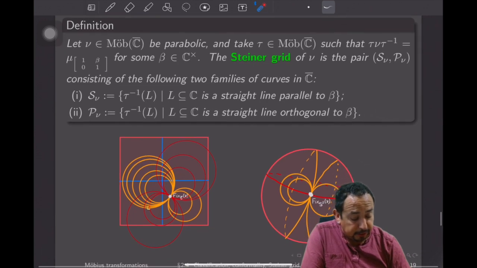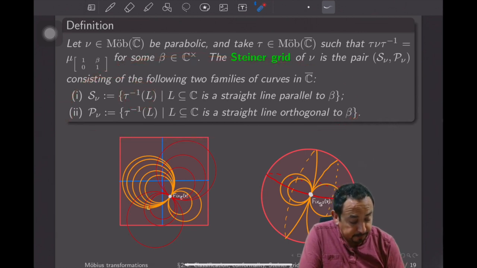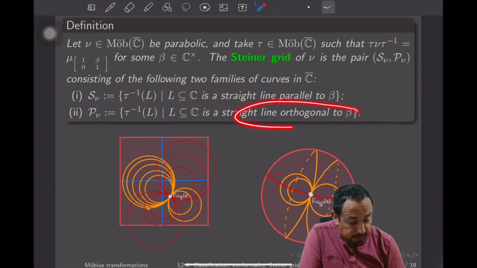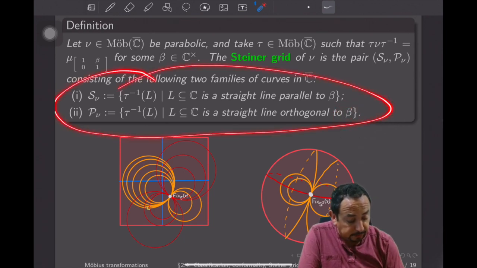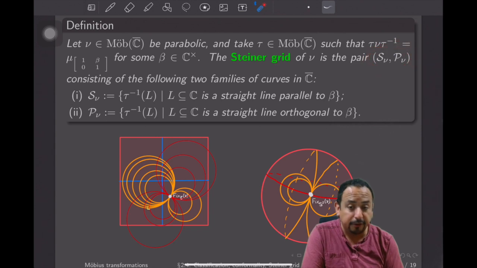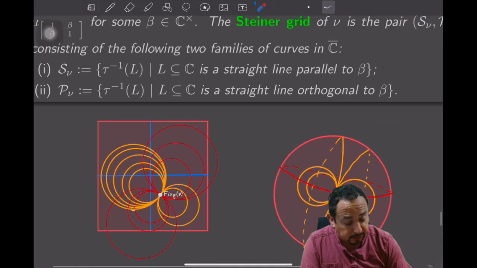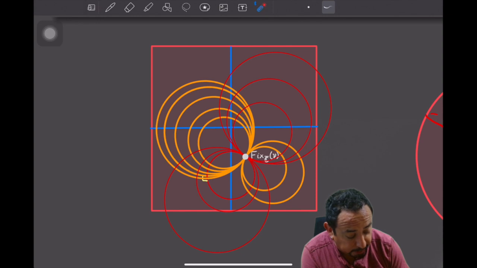Okay, so to the pair consisting of both families, you see tau inverse of the parallel lines to the translating vector, and tau inverse of the orthogonal lines to the translating vector. Right? So these families, I call the pair consisting of them the Steiner grid of my parabolic Möbius transformation. Right? So the final result would look more or less like this,